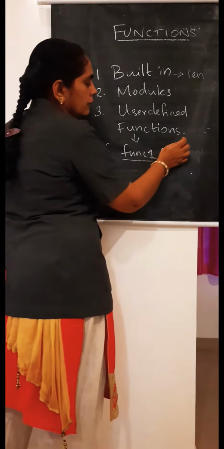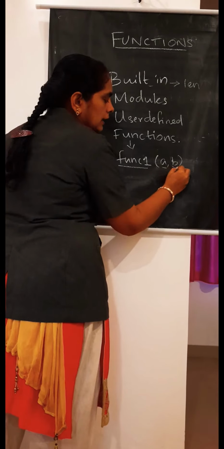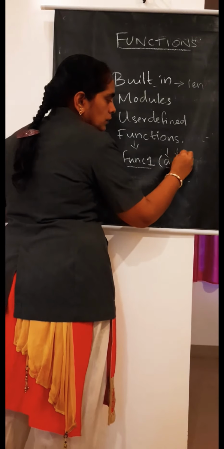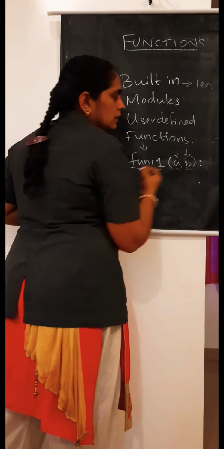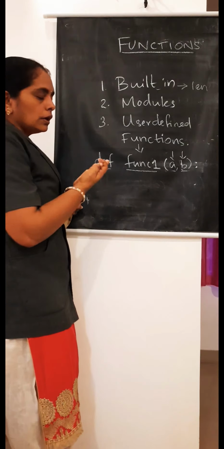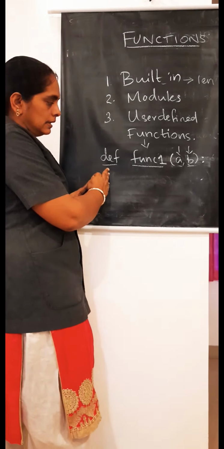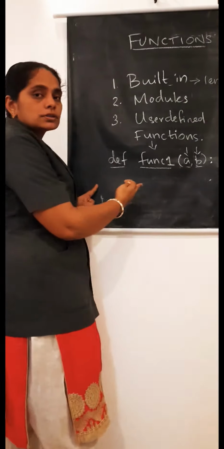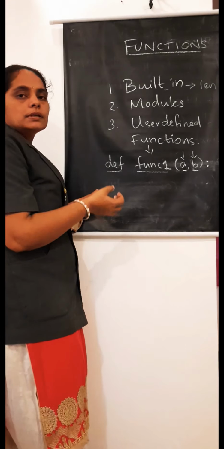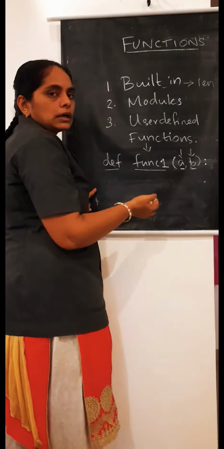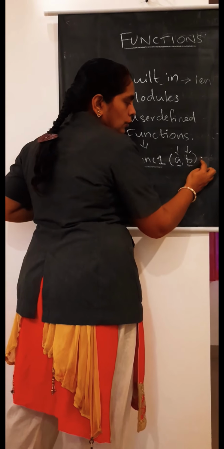Okay. In some programs we need parameters. So at that time we will use a, b, whatever you want, that we declare here. So what do we call these things? A and b we call parameters. Then that should end with a colon. Not a semicolon, it should end with a colon. So how do we write functions in Python? First of all, we declare the keyword def. Then we use a function name. That function name can be any name. Then in the brackets we specify the parameters. For the parameters you can put any variable, a or b, whatever it is. The variables should be closed with the parenthesis. Then you have to put the colon.